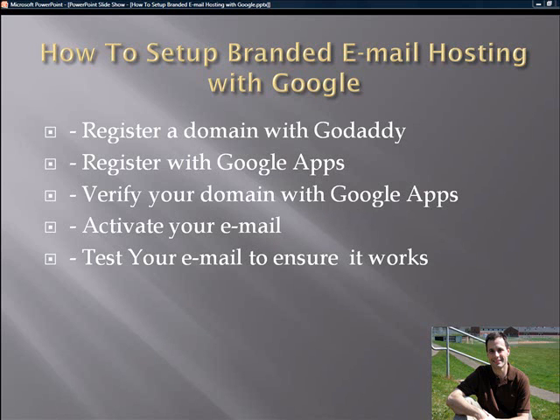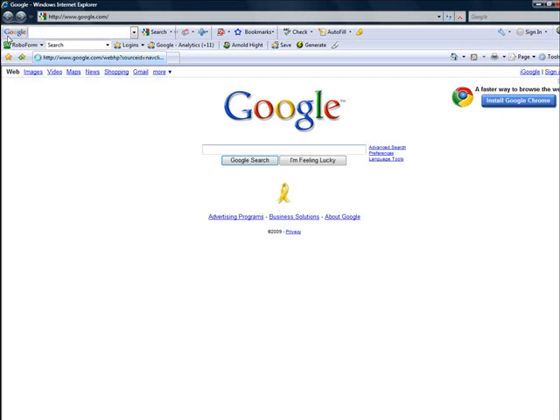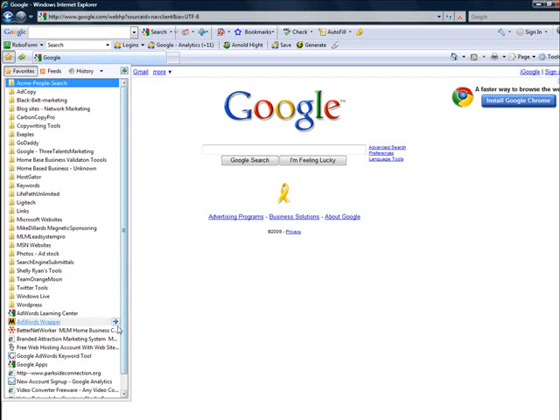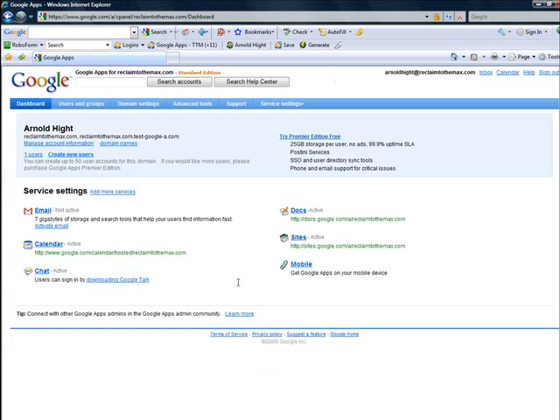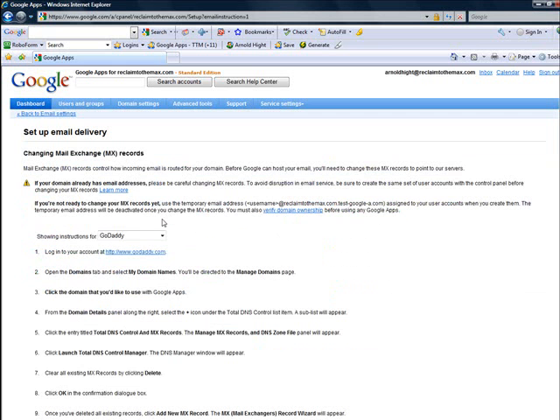So the first thing you're going to want to do is open up a web browser, and once you do that, log in or go to your bookmark to Google Apps. If you don't have a bookmark, check your email. You should have a welcome letter from Google Apps with a link to get to the logon page. So once you get logged on there, down under the email account you're going to see an activate email link. So go ahead and click on that, and here you will notice that there are written instructions provided for use